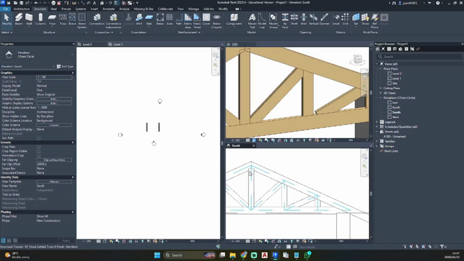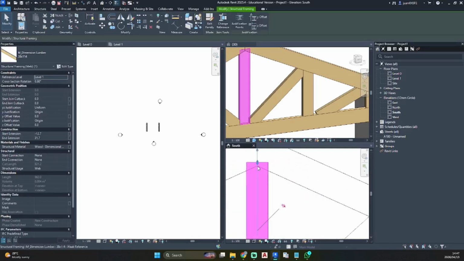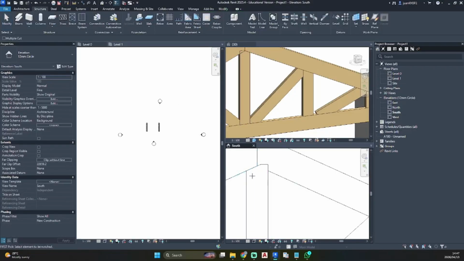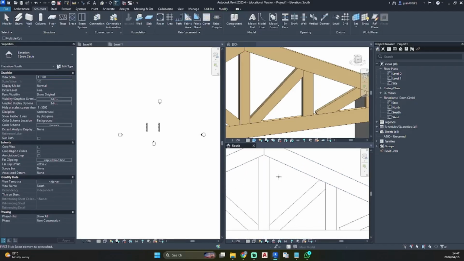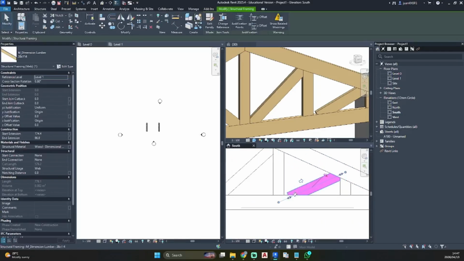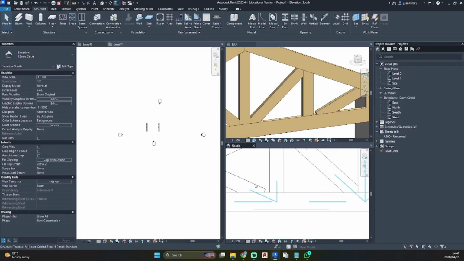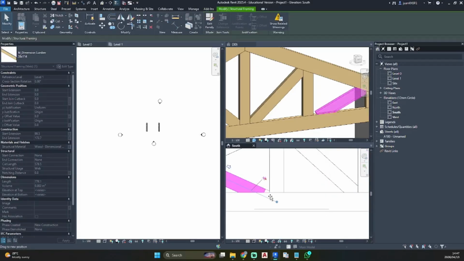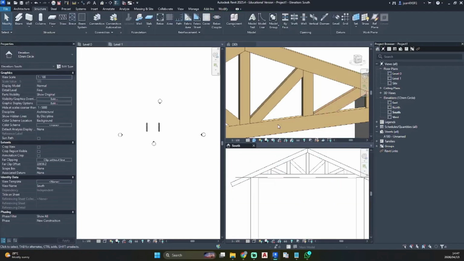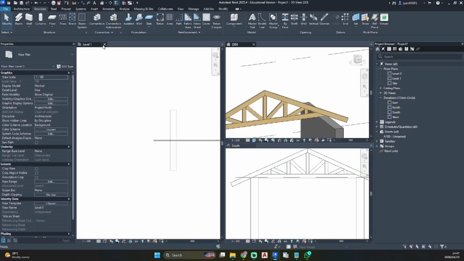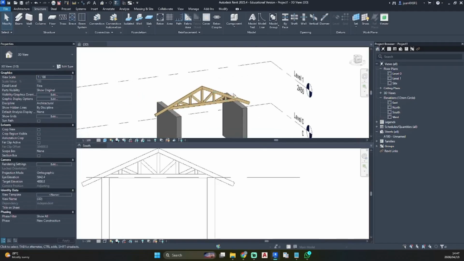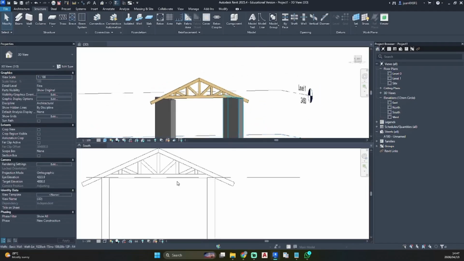We can go remove notching and we can redo that part. There we go. And now I just need to bring this one back in. Let me just remove this. And there we have our